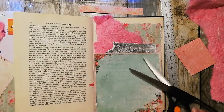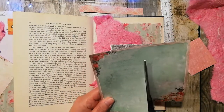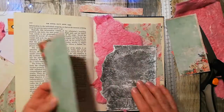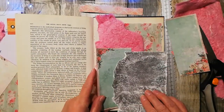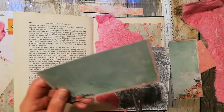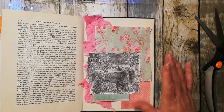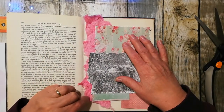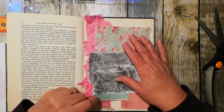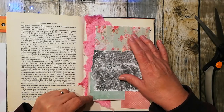Right, let's give it another go. We'll cut that off there, because I think I want some green over this side, you see. Right, so I decided to make this a bit smaller, the textured paper. And I've cut the...